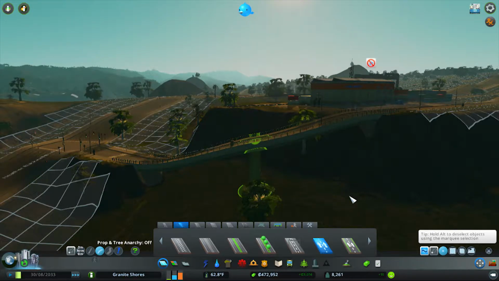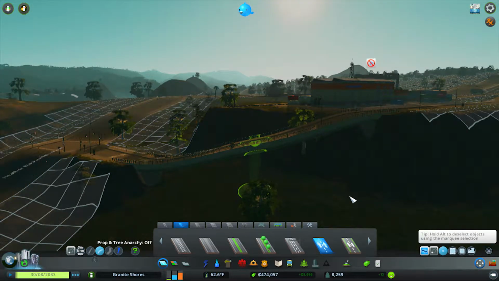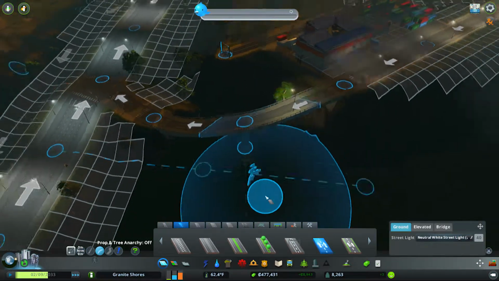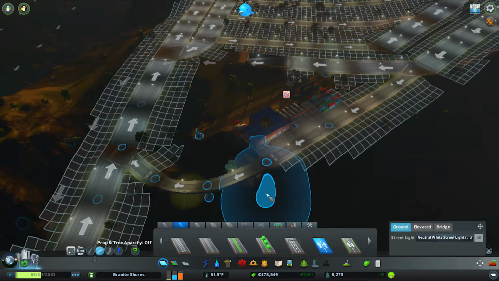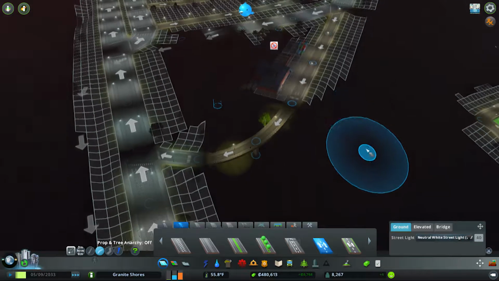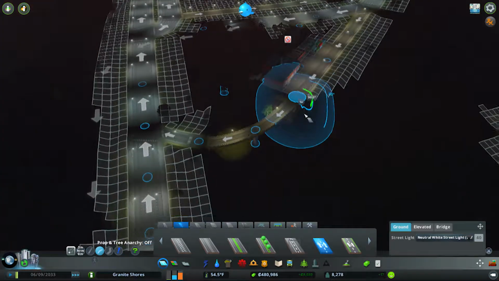About right there. Because the pillar's there, it makes it bumpy, so I'm not going to be able to do anything about that, but there we go. So we have the path that would lead back into the city, or industrial section. I keep on calling it city, but